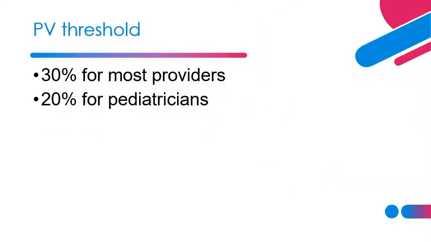To be eligible to participate in this program, EPs must meet the Medicaid patient volume percentage. This means for a 90-day period in calendar year 2019, or in the 12 months prior to the day you attest, at least 30% of your encounters were with Medicaid patients. Pediatricians may qualify for a reduced payment with 20% Medicaid patient volume.